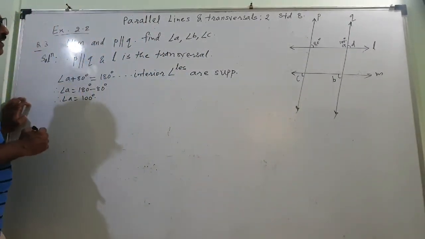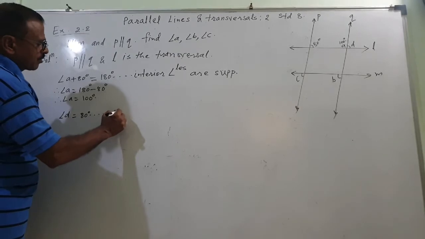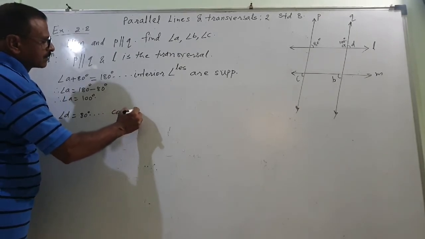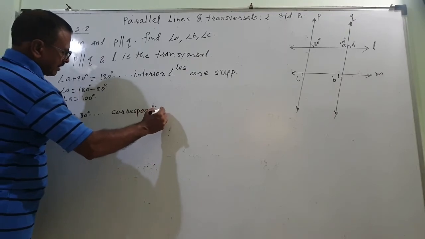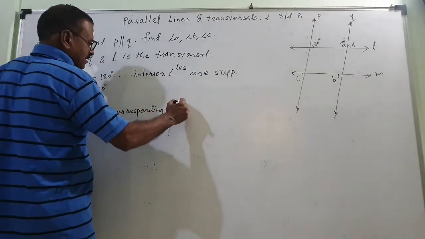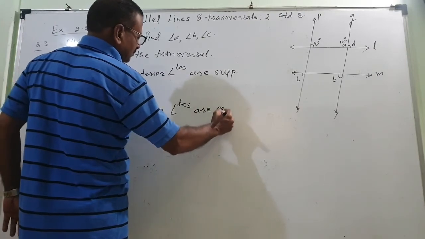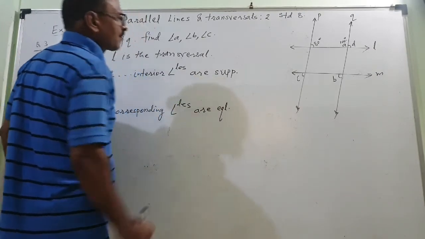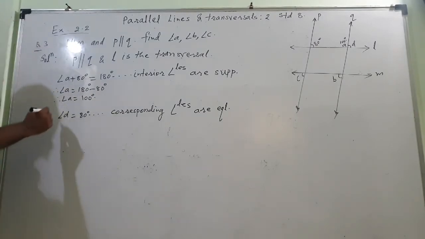So angle D is equal to 80 degrees. Reason: corresponding angles. Corresponding angles are equal. Okay, that part is over now. So D is over,